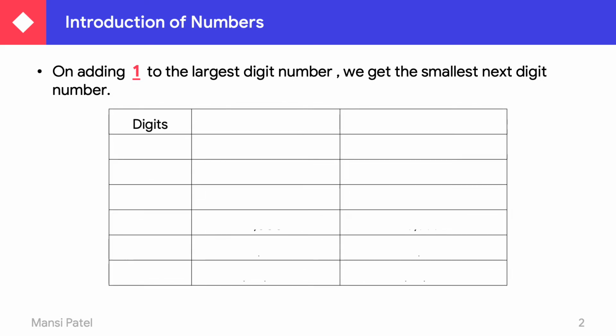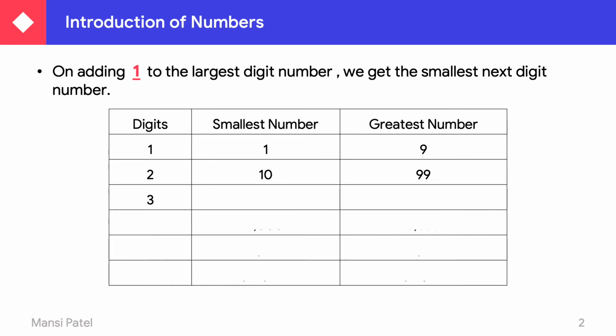So let us see which are the smallest digit numbers and greatest numbers. Smallest one digit number is 1. We can't say the smallest one digit number is 0 because 0 itself does not have any value. Therefore, one digit smallest number is 1, whereas the greatest one digit number is 9. Greatest two digit number and smallest number: 10 is the smallest number, whereas 99 is the greatest number.